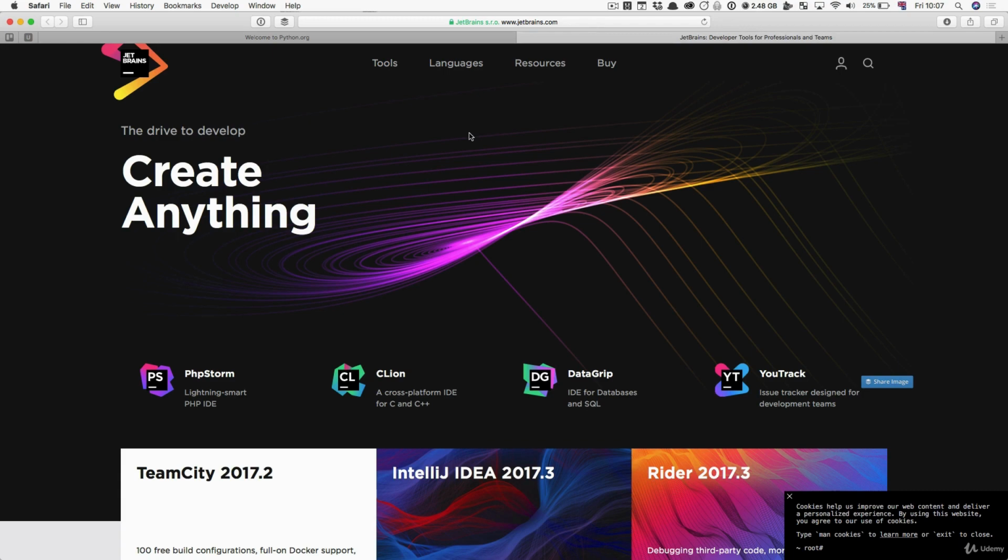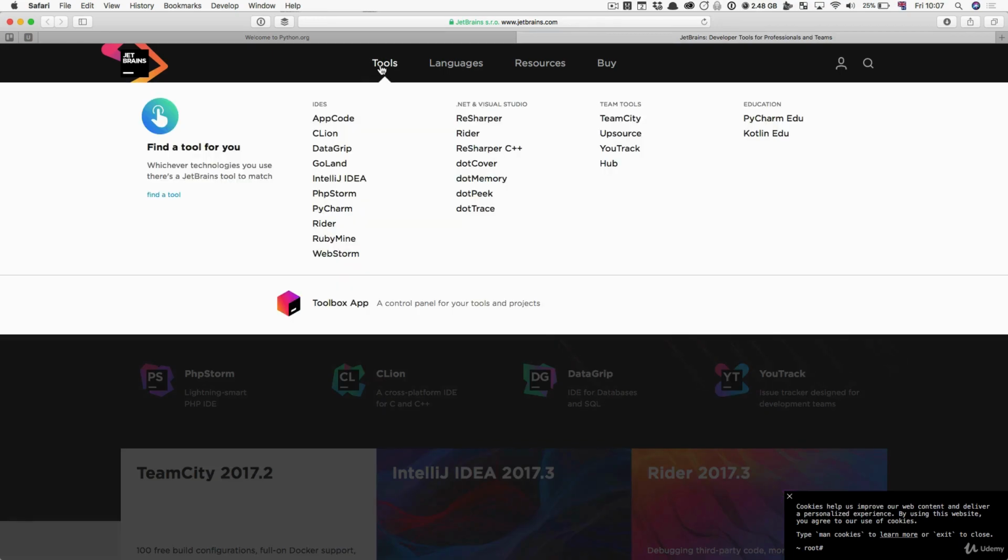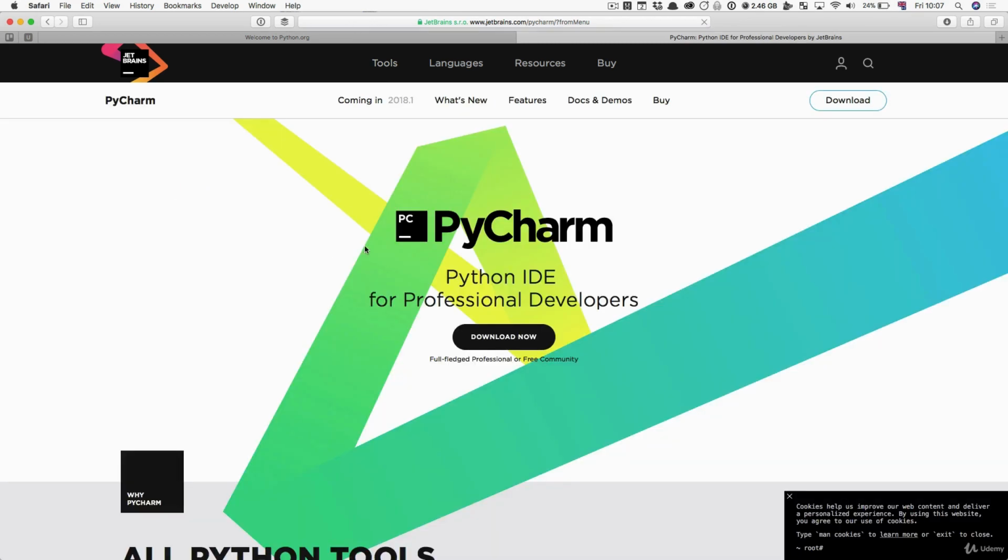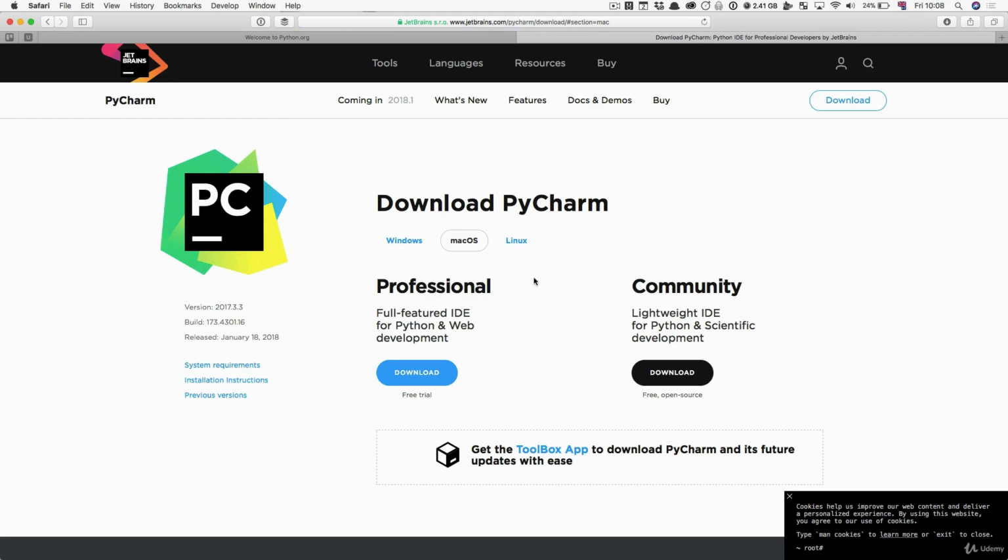Go over to www.jetbrains.com, and then let's go over to Tools and find PyCharm here. And notice how JetBrains has a bunch of other IDEs for different programming languages. You don't want to install any of them other than PyCharm, unless, of course, you are doing some work in other languages as well. So let's go into the PyCharm page. And then you'll be greeted with two options. First of all, press download now here, and now you're greeted with two options: